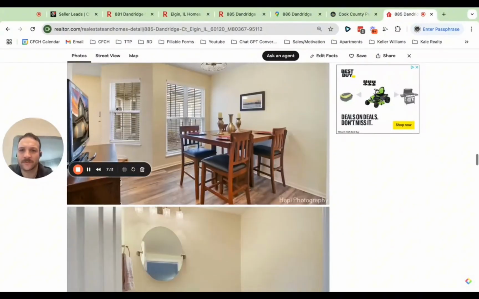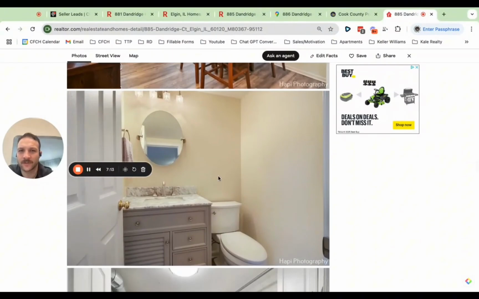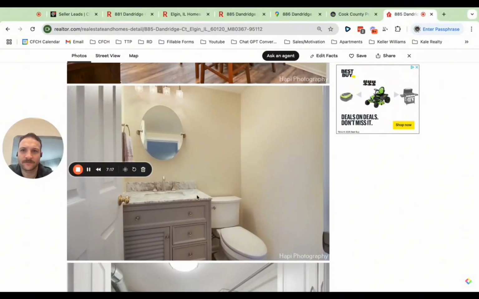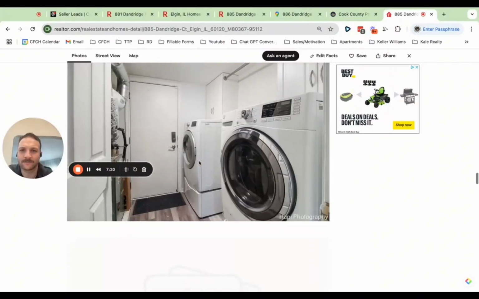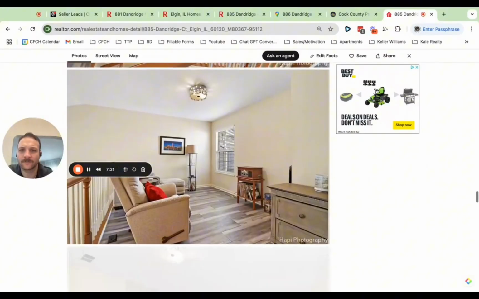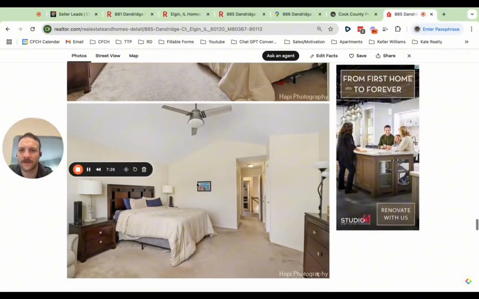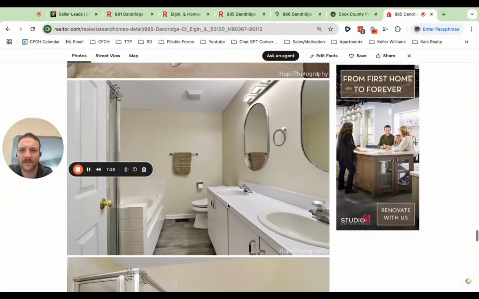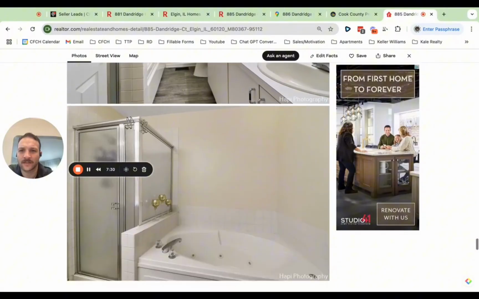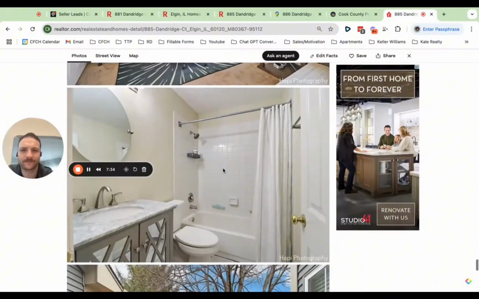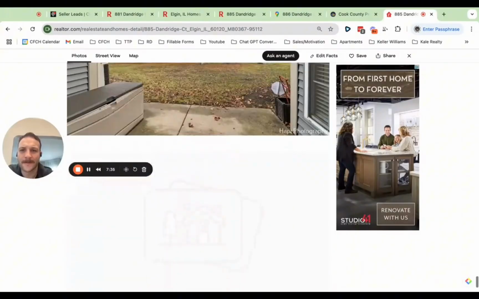Kitchen's older, flooring, vinyl flooring, which isn't necessarily a bad thing, but bathrooms, not really updated. Laundry room, smaller upstairs, carpet in the bedrooms. Again, outdated bathroom, right? This isn't a bathroom up to 2025 standards. Same thing with this bathroom.